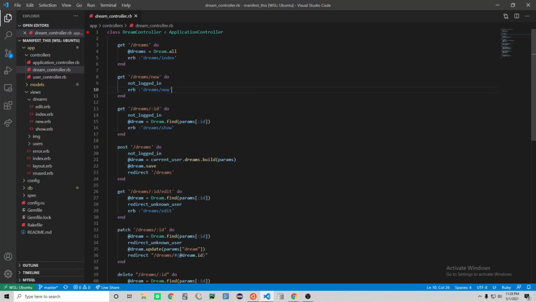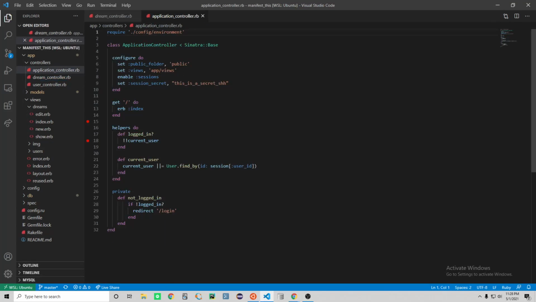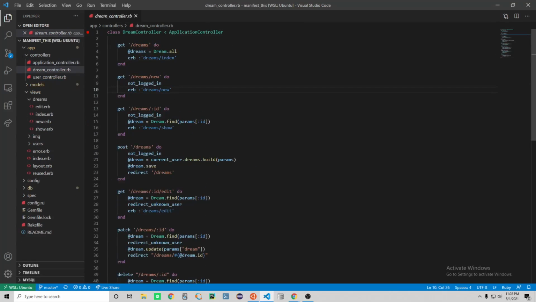Before that, on line 9, I have a method called not_logged_in. I defined not_logged_in in my application controller, so if the user is not logged in, it will redirect them to log in, because I don't want the users to have access to create new manifestations if they are not recognized by the database. On line 13 through 17, I have my get dreams ID, which allows me to see